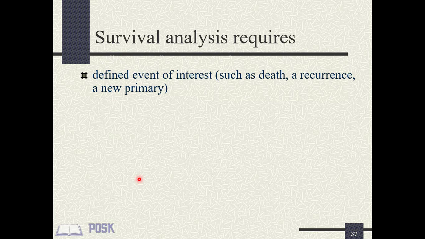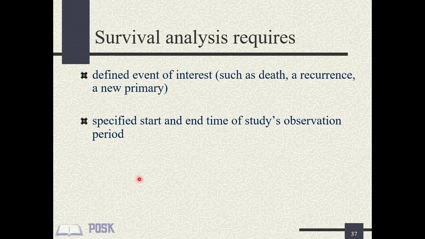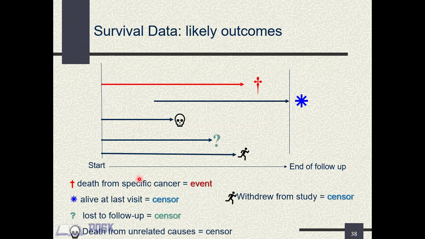What do you need to do a survivor analysis? First, you need to know what you want to study. What is your outcome variable? Is it death or the development of a complication such as recurrence? Secondly, you must specify the start and end time of the study observation period. Therefore, survivor analysis always takes place within a specific span of time, which is determined at the onset. Finally, the end point, which is either the time taken for subjects to experience the event or the time to censoring for each subject, is determined.